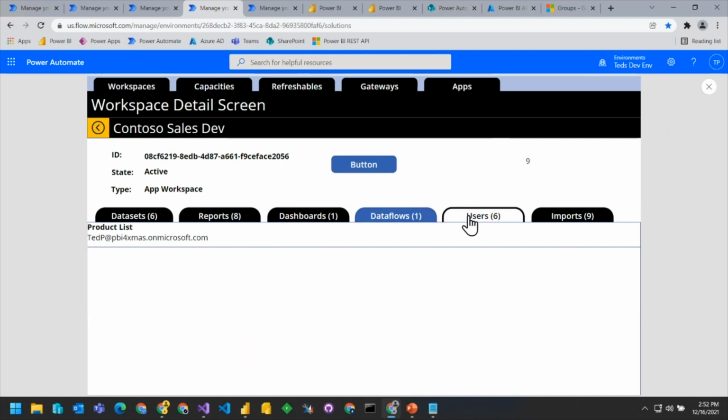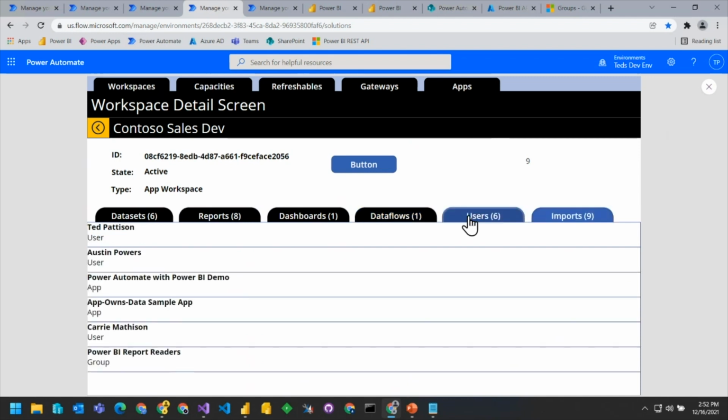And also, as we drill into something, what I can do is start seeing all the different things. And unlike my first demo, where I called and got all the workspaces, and then when I wanted to see workspace details, we called get data sets and get reports and get imports, here I got all the data back at once.